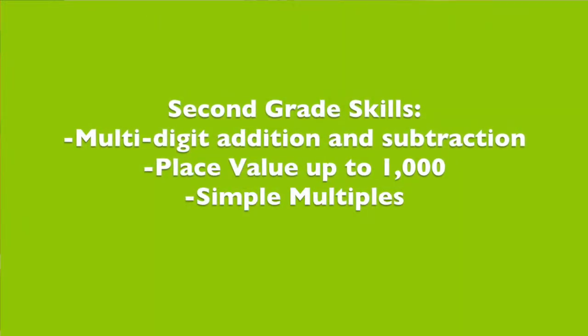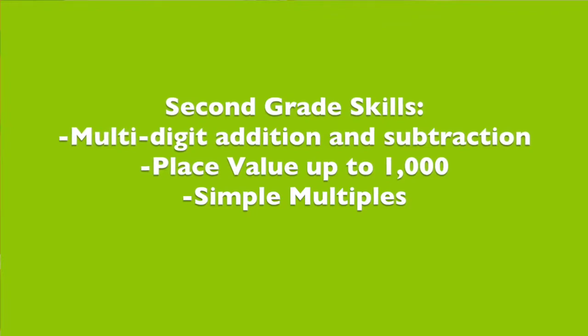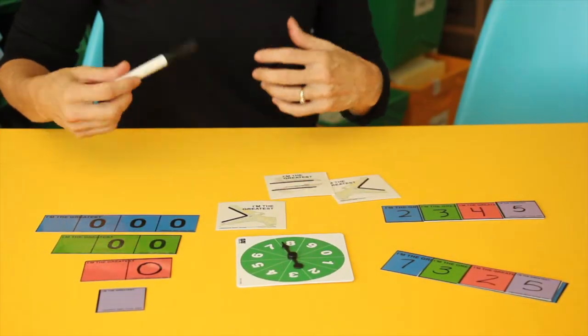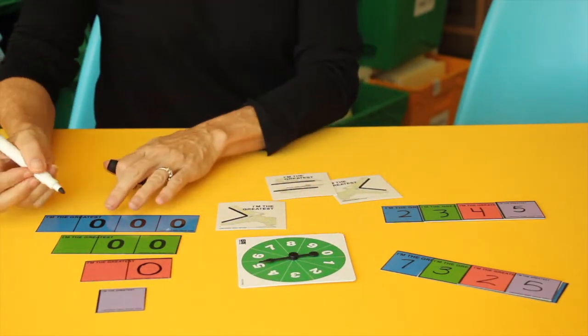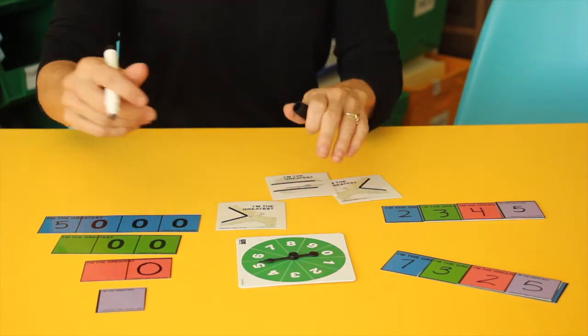Some of the skills inside of the second grade math kit include multi-digit addition and subtraction, place values up to 1,000, and simple multiples. I'm the Greatest has students working on place value and understanding greater than and less than. They'll spin a spinner, which will give them a number. In this case, I've spun a 5. So I'm going to write the number 5 in my thousands place,